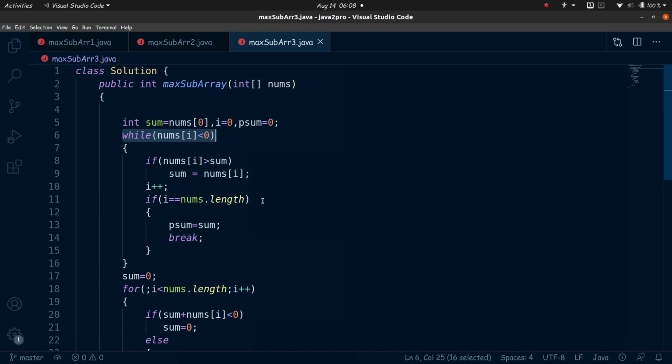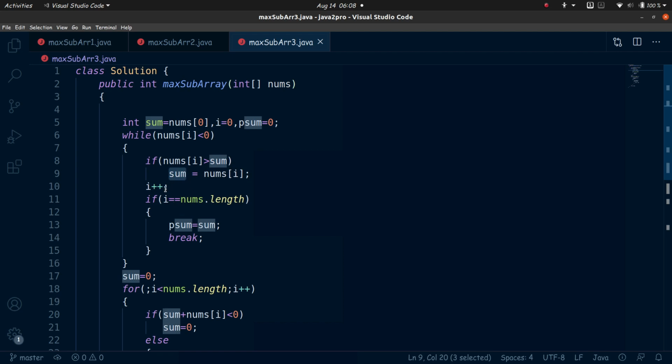Again I say leading negative numbers only. We are skipping all the negative numbers that appear in front, because they are useless, but we also keep track of the largest negative number that we find, and we store it in sum, just in case all the numbers are negative, we will need it.